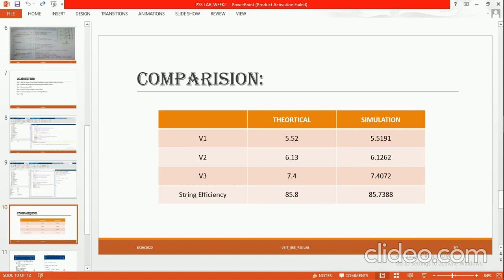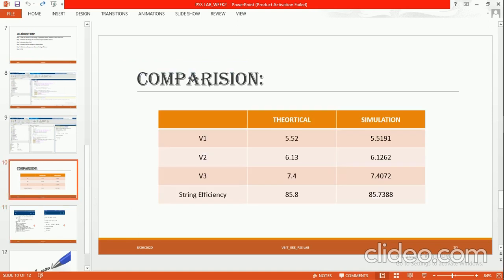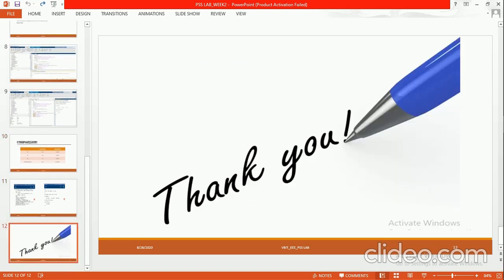Otherwise, when I round off, both are the same. The same thing I got when I ran it on my mobile phone, MATLAB Mobile. So there is no issue with respect to the voltage, mobile or desktop, both are the same. Please go through this. If you are facing any issues or queries, you can contact.